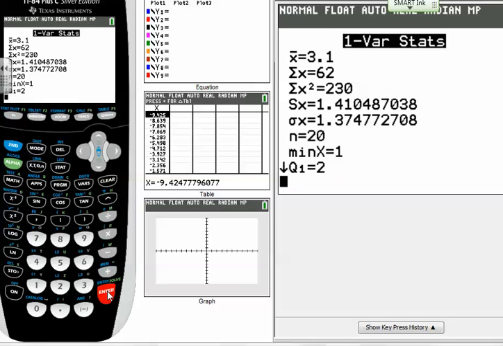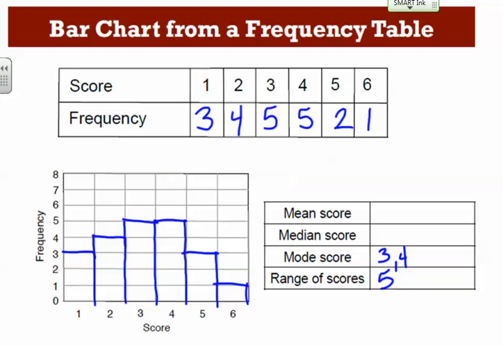To begin with, we really only need to focus on the average. The average is represented by X bar. It is the very first thing listed on the screen. So for this data set, our average is 3.1. And that average we're going to refer to as the mean, to be very specific about how